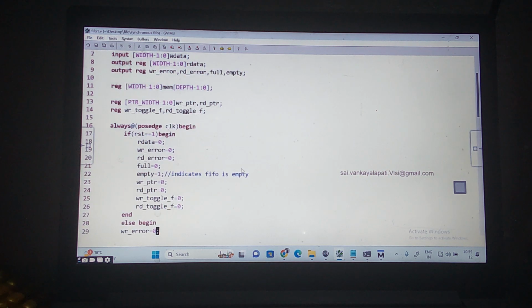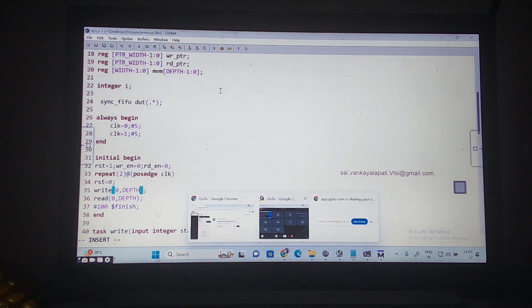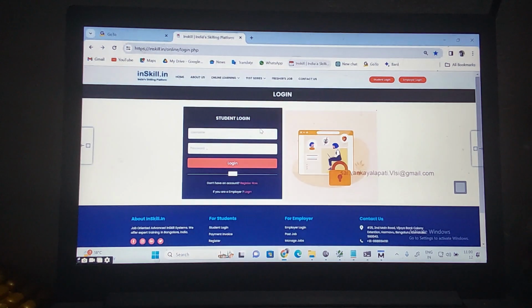Now if I'm doing it here, in this case depth is 0 comma depth, the arguments I'm passing to the task. This is nothing but full read. Then what happens if I increase this read depth? What are the 4 test cases you can model for this?